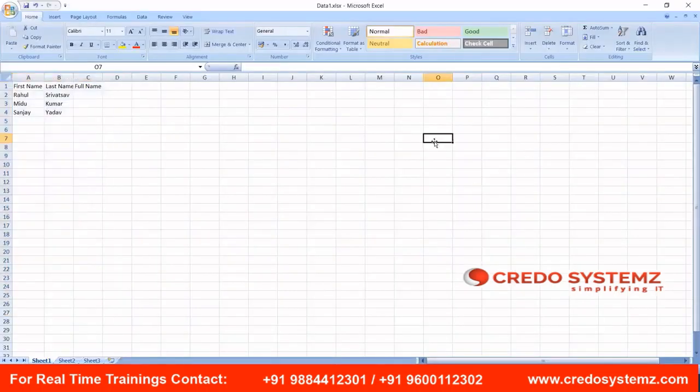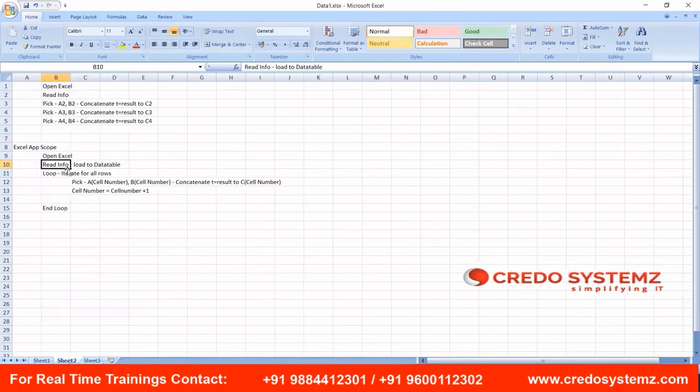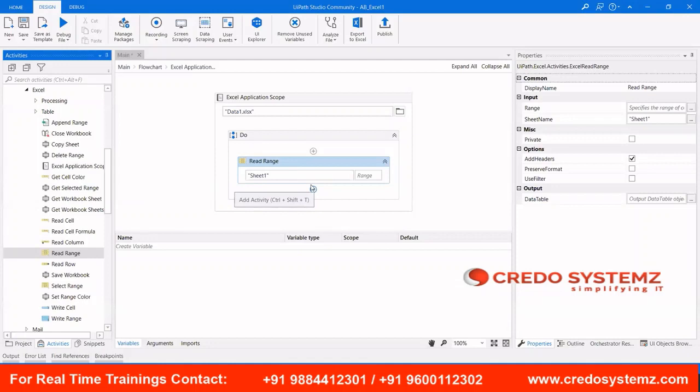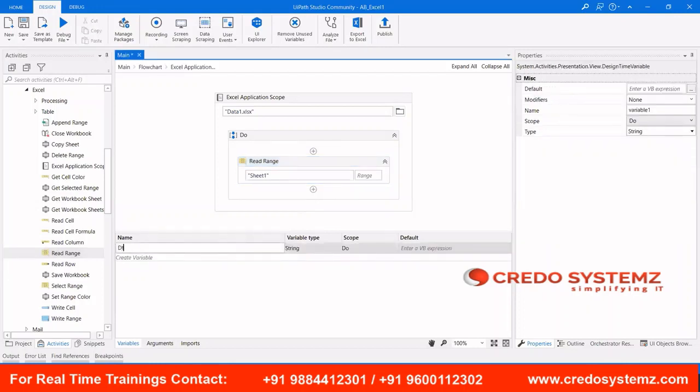So what I was telling, we are going to read the information and load it to the data table. Read range does that automatically, so you are just going to tag a particular variable name and say load it to this variable name. Which means I need to create a new data table, right? So I'll create a new data table, dt underscore